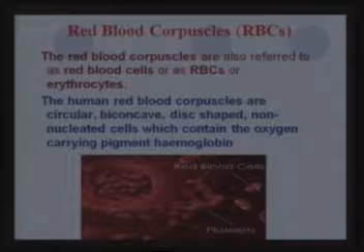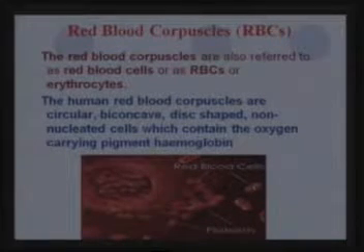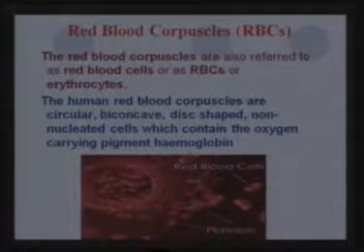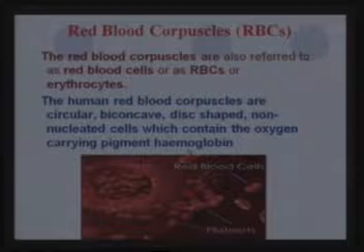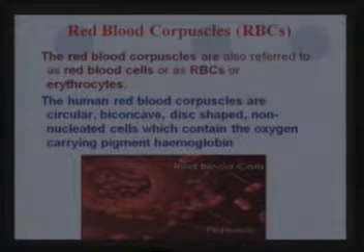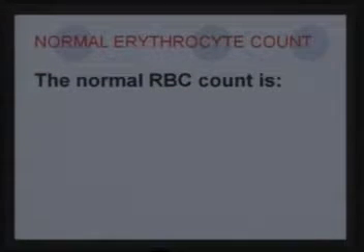They are without the nucleus, they are circular, they are biconcave, that is, they have depressions on both sides, and they also contain the hemoglobin, which is the pigment which carries the oxygen and the carbon dioxide. Now then next, we know that sometimes when we are ill and we get a blood test done, the erythrocyte count or the red blood count might not be normal,